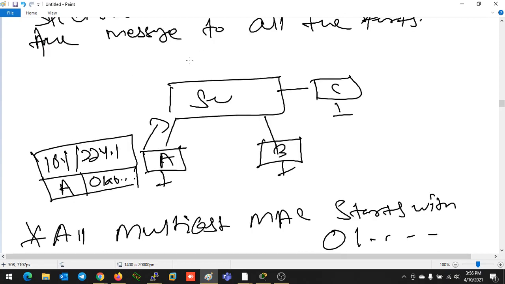Then what will the switch do? The same thing, it will check the source MAC address first and make an entry in the MAC address table. After that, it will check the destination MAC address to take the forwarding decision. So whenever it finds the MAC address starting with 01, it can understand it's a multicast address, but it will check if the same multicast service is running on the switch, then it will take the decision according to the multicast service.